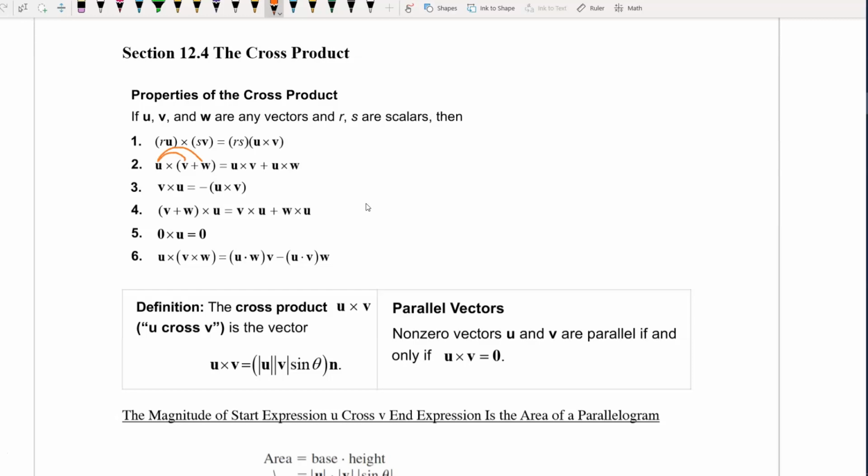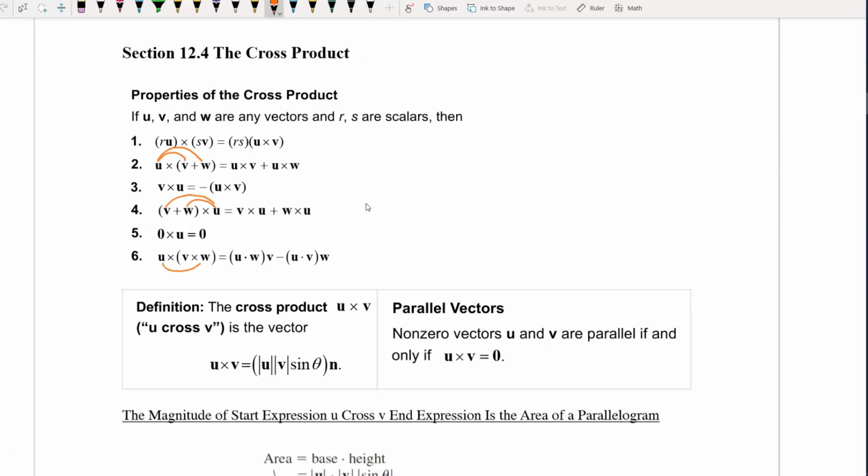Number 3, v cross u is equal to negative u cross v. Number 4, (v plus w) cross u is equal to v cross u plus w cross u. Number 5, 0 cross u is equal to 0. Number 6, u cross (v cross w) is equal to (u dot w) times v